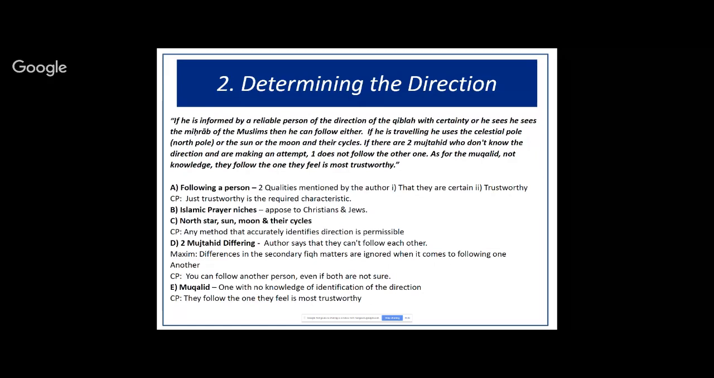He raises a question: when you have ijtihad differences, are we allowed to follow different people who have different positions to ourselves? And we say absolutely. There's a maxim that differences in secondary fiqh matters are ignored when it comes to following one another. So, for example, when you're in the prayer,